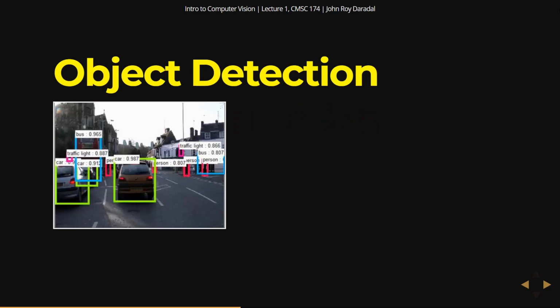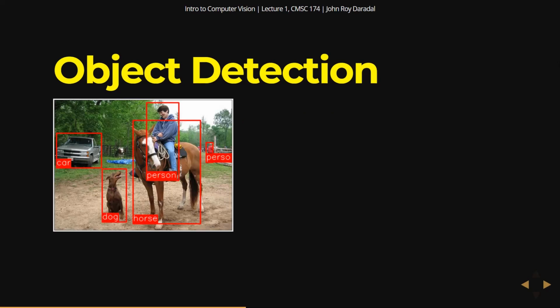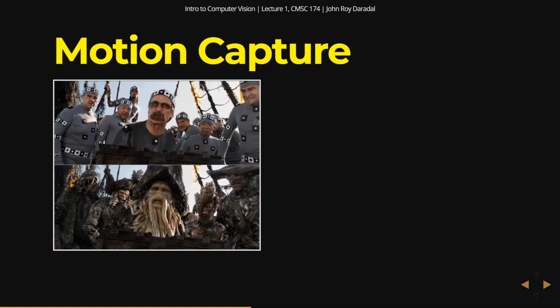So you have the first is object detection. So you can detect that there's a car here, or there's a traffic light somewhere here, or there's a bus. Okay, so detecting objects, putting a bounding box on that object in the image. So yeah, another example here, you have cars, a dog, a horse, and then a person and another person. So you detect objects basically. So this is important,